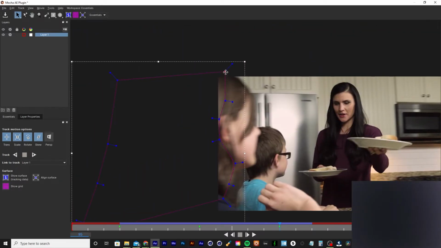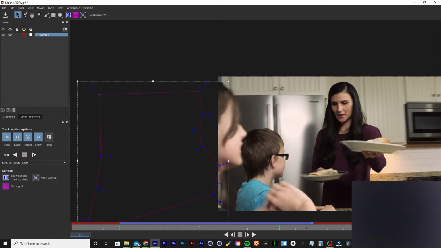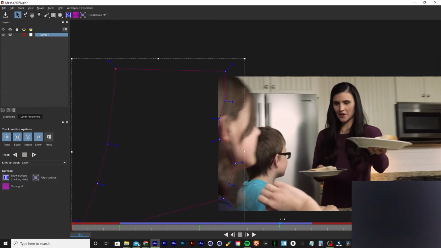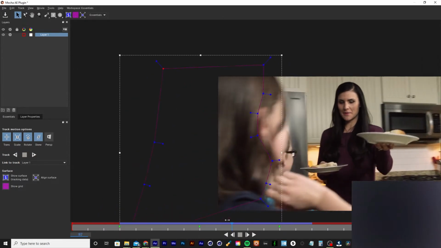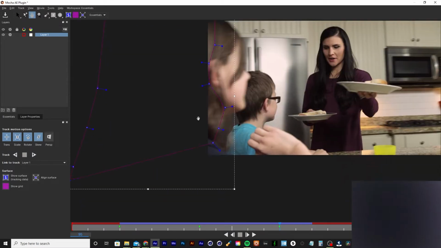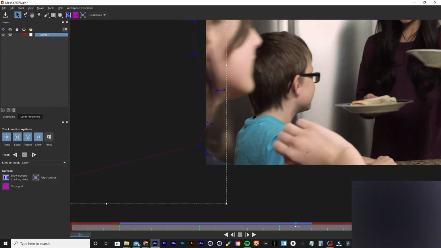At this point, I would just move this up. There you go. So now it leaves the frame. All right, so cool. This track looks good. Of course, there's a whole bunch of hair right there, but I'm just gonna possibly